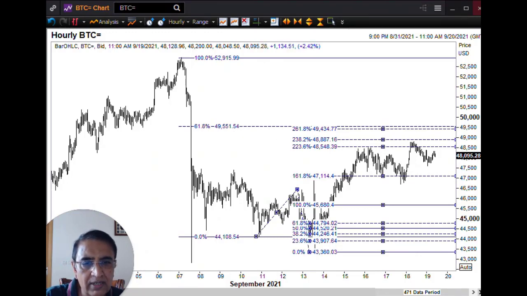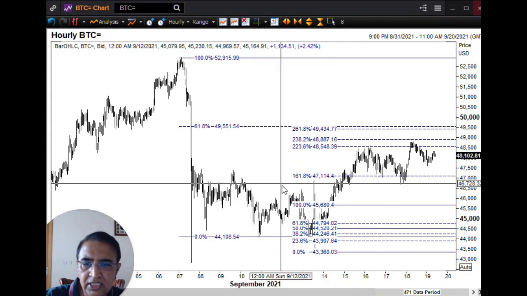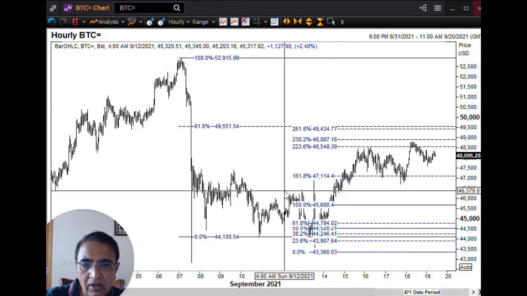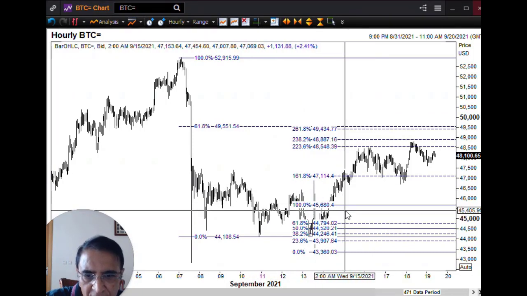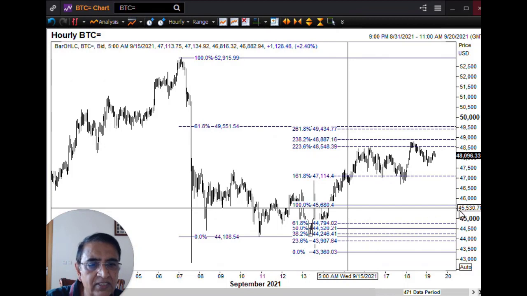And then look for it to come down. And as it crosses below this wave A bottom, which would be the first wave up, if it crosses below the top of this wave 1 here, which is at 45,530, the top of the wave 1 of the C wave, that's a confirmation that we are going to go deeper in this down move. It can take you back to the mid-30,000s in Bitcoin.